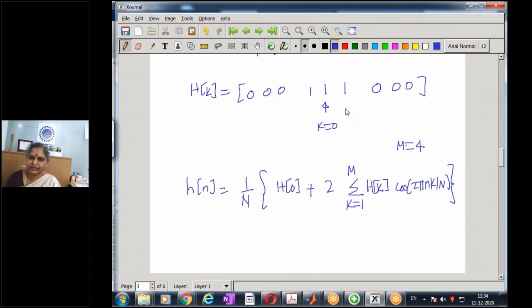And in this particular example that we have, all values of k are 0 except k equal to 0 and 1. And hence in this example it reduces to, and our N is 9, h of 0 is 1, plus 2, and only for k equal to 1 it is valid. So h of 1 again is a 1. So k equal to 1. K equal to 2, 3, 4 are all 0. And hence I have cos, k of 1.